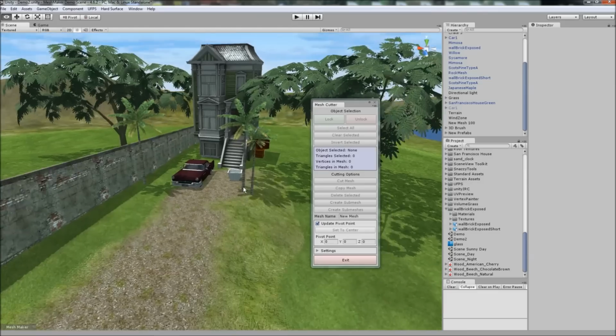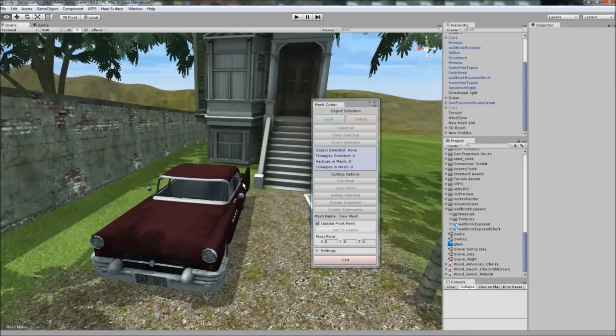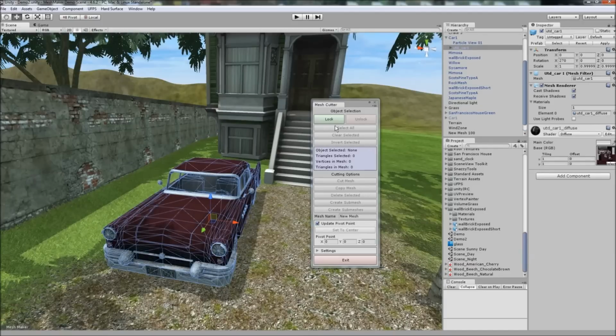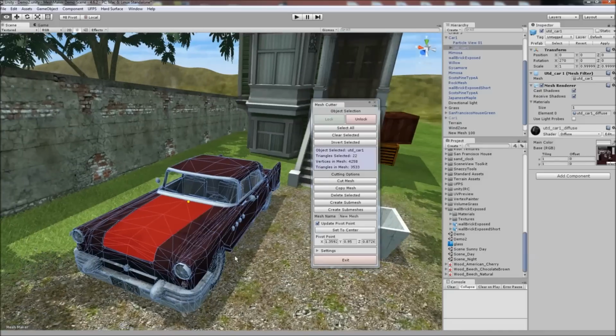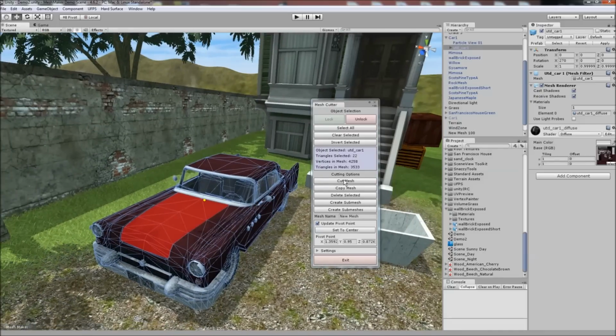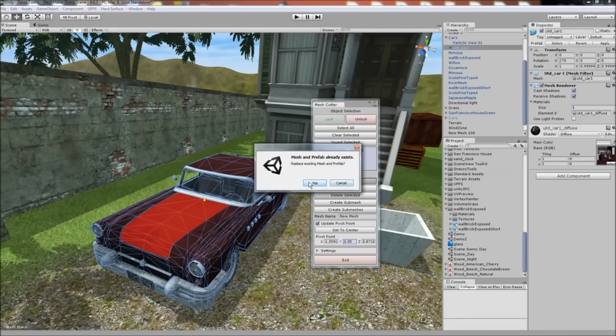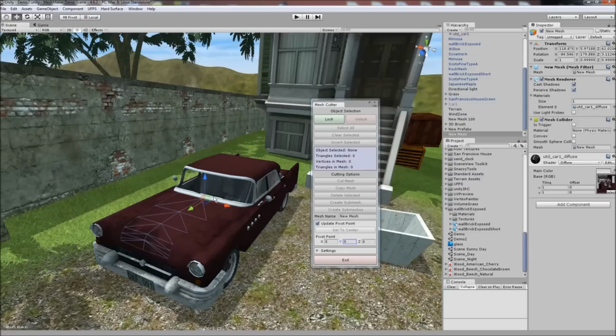This is Mesh Cutter, which is the latest tool, and this allows us to quickly lock onto an object. You don't have to hold down a control key, you just paint, and when we're happy with what we've got, we can also set the pivot point. So I'll move that in that direction, and we choose cut. We've now got our cut mesh,